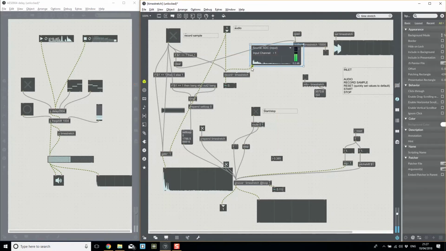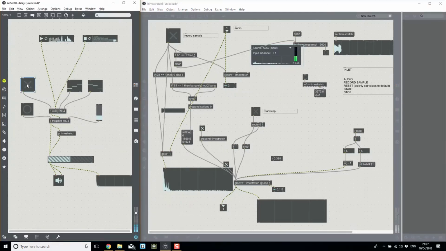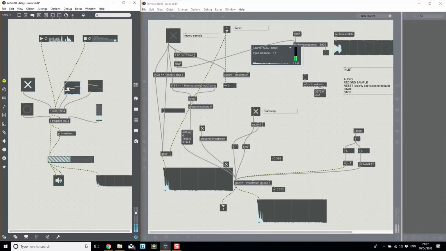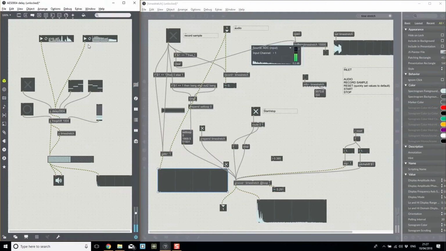So now if I disable this, what should happen is I push record, it will record a sample, and then it will start playing that back underneath the audio. So for example, what I could do is, I've got nothing set up, so I'm going to